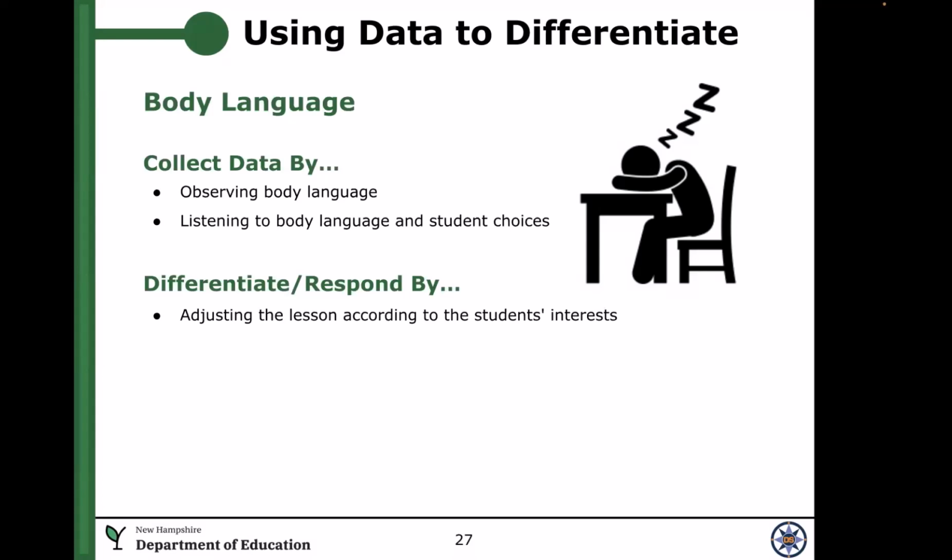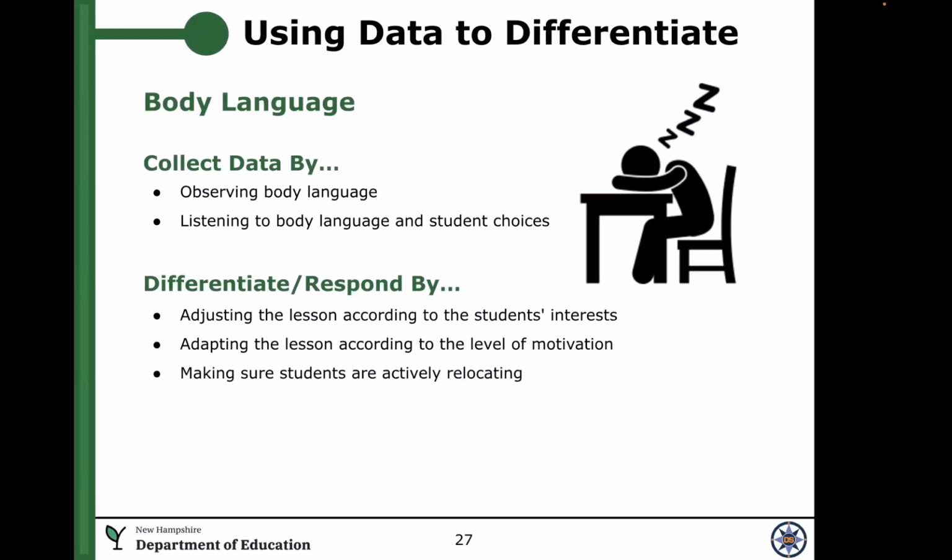So we can adjust our lessons, obviously not the whole thing, but a little bit to make sure that our students' interests are being met, to get them engaged. And then adapting the lesson according to their level of motivation. We know if they're slumped over, they're tired, get up and move around and make the lesson interactive. Making sure students are actively relocating,